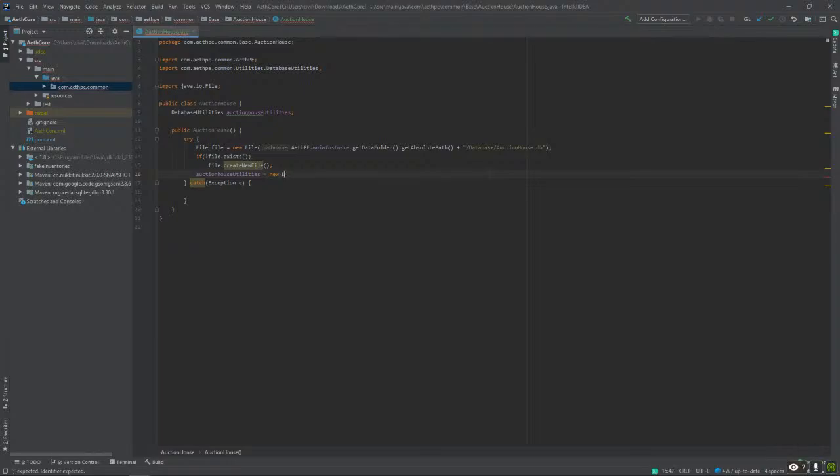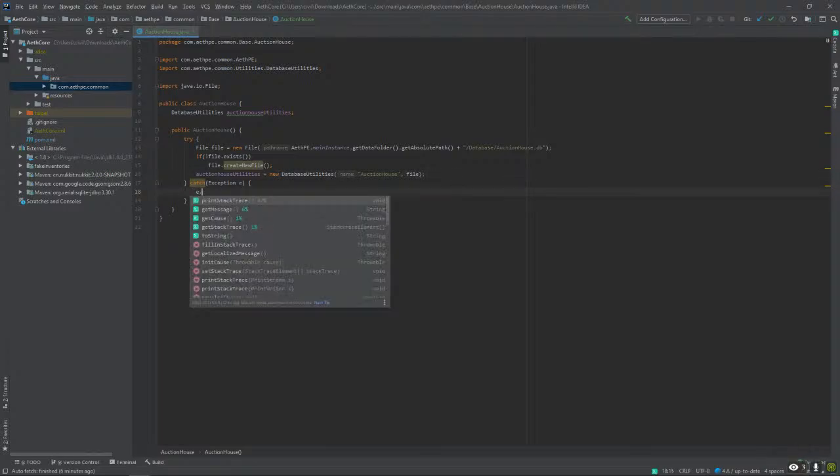Oh wait, no, database utilities. My bad. And let's just call this auction house. And yeah, all right. So logically this should work, but some shit's not logical sometimes.